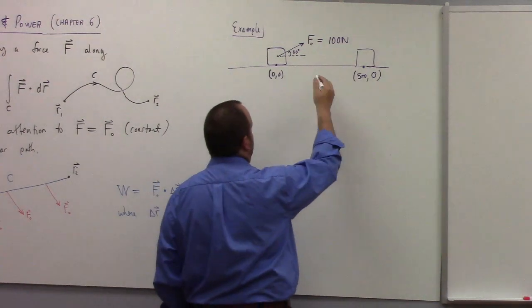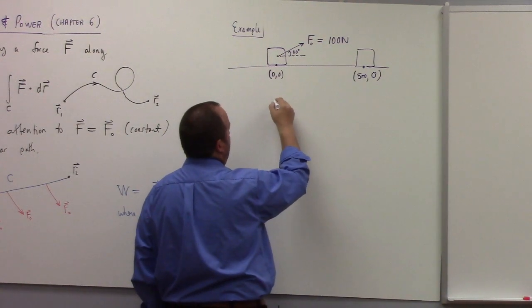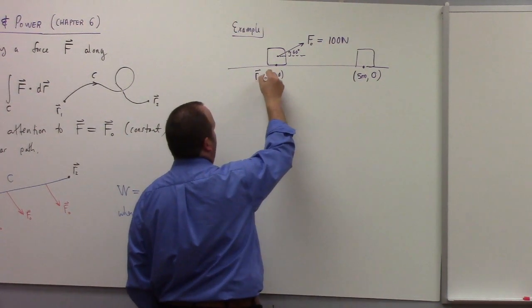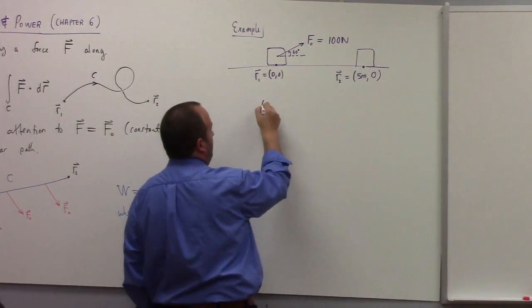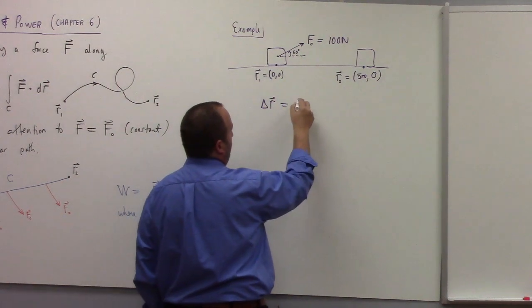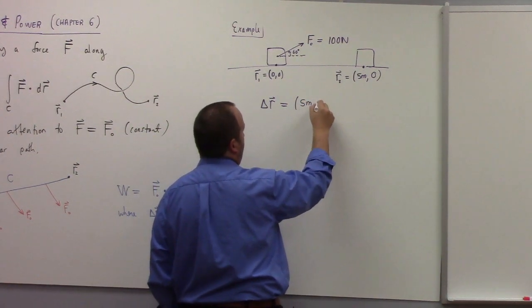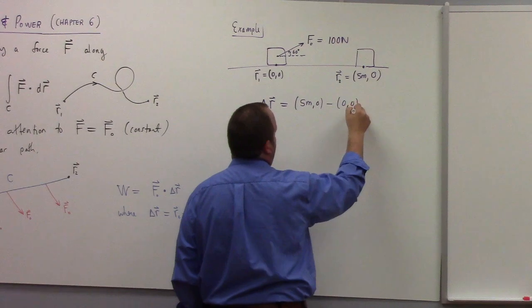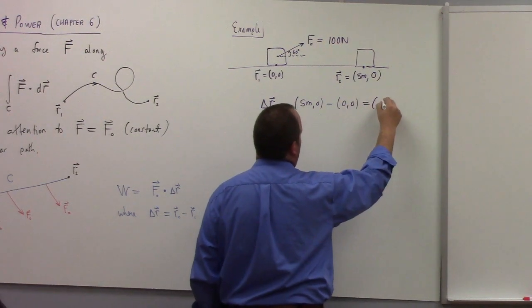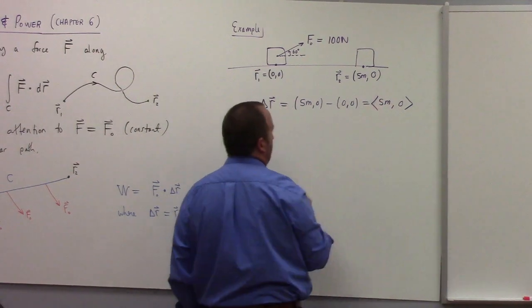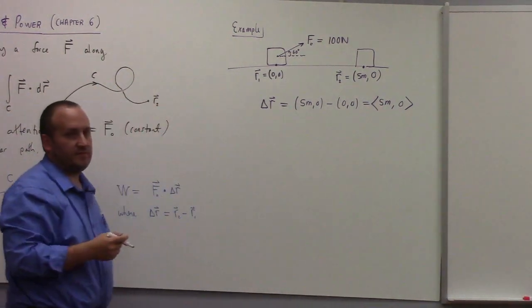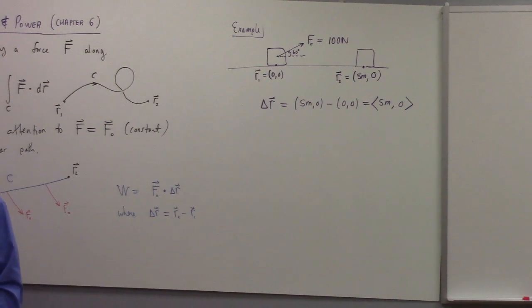The force is constant. This is the situation where we can just calculate the work by taking this dot product. So in this case, what's the delta R? So this is my R1. This is my R2. So what's delta R? It's really just R2 again, isn't it? It's 5 meters, comma 0. Now what's the force as a vector? How can you write the force as a vector? How do we do that?